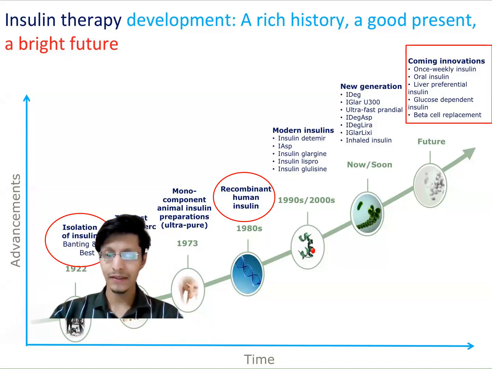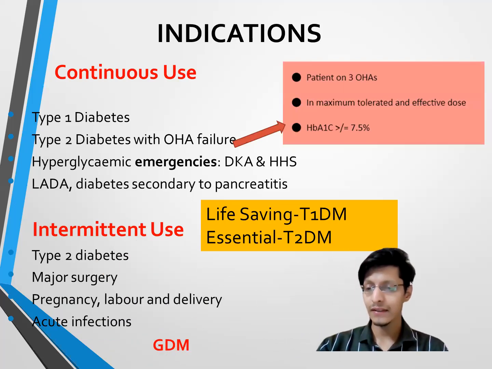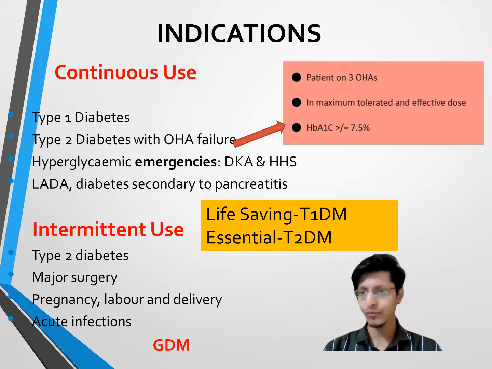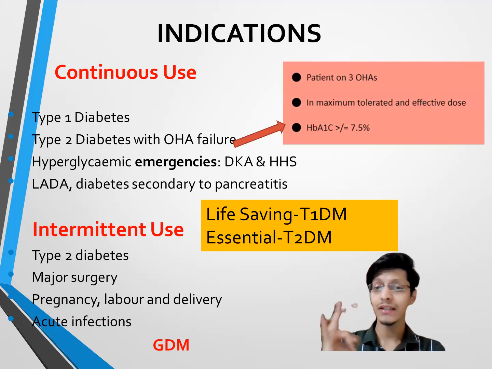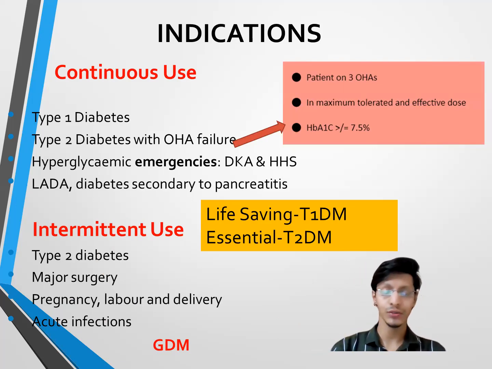So let's see the next topic. So here what we can find is कि हम सबको पता है इंसुलिन कब देते हैं, टाइप 1 डायबिटीज में देते हैं, टाइप 2 में देते हैं, टाइप 2 में हम तब देते हैं जब पेशेंट का OHA फेलियर हो गया. Now what is this OHA failure? Oral hypoglycemic agent failure, when the patient is put on 3 oral hypoglycemic drugs with the maximum tolerated dose. Since the HbA1c is more than 7.5, there we have to shift the patient to insulin.